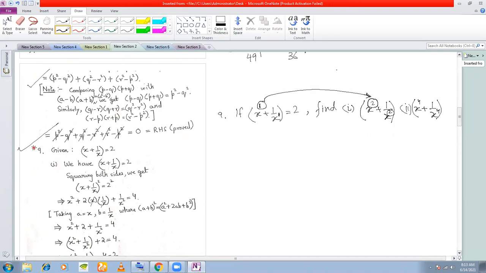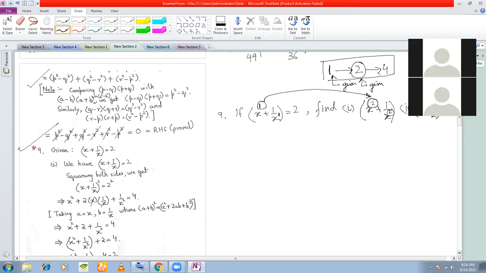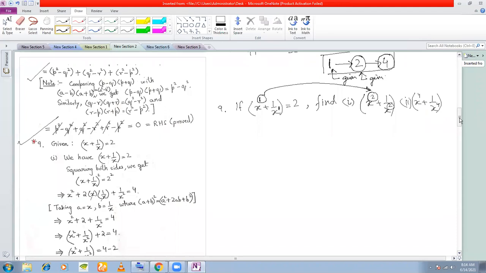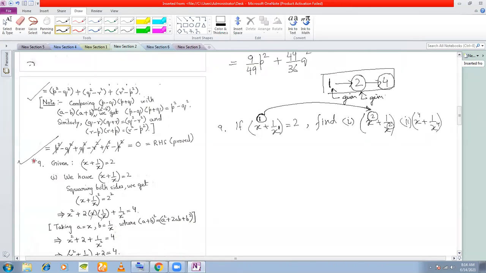So remember that whenever this kind of problem is given, that is when the power of x is 1, you can move to the power 2. And from 2, you can move to the power 4. Remember this. If this is given to you, you can find out the power of x which is 2. If the power of x is 2 is given, then you can find out the power of x to the power of 4. So for the first part here, x to the power of 1 is given to you, and you have to find the power of x which is 2.